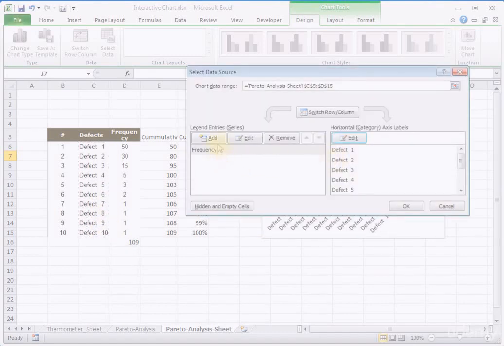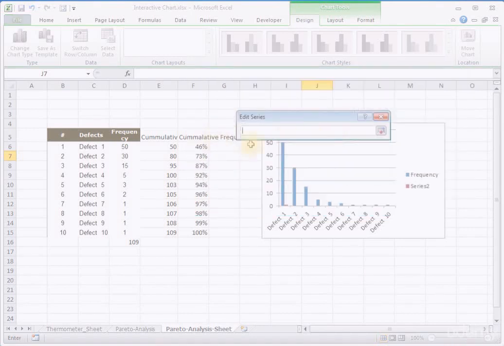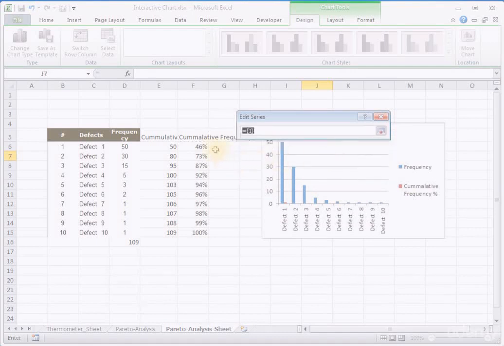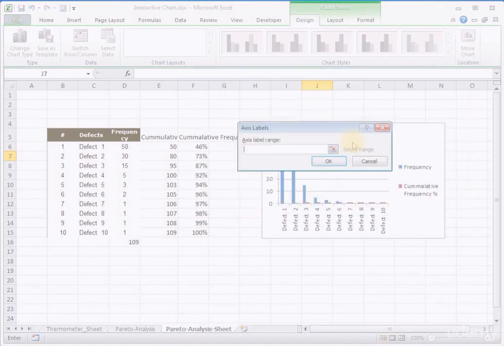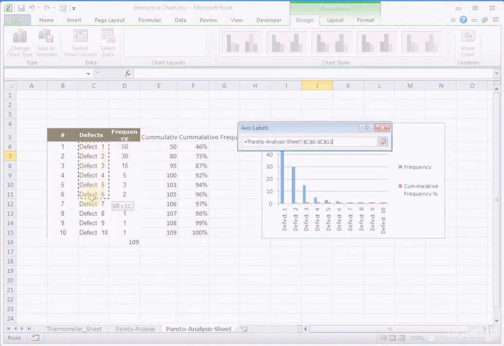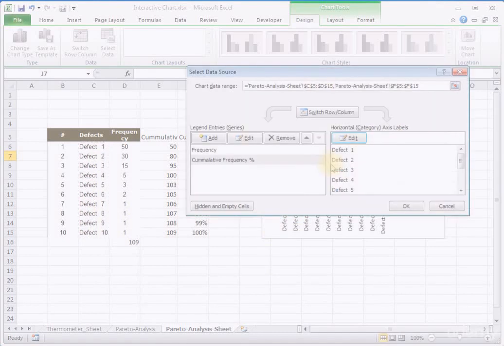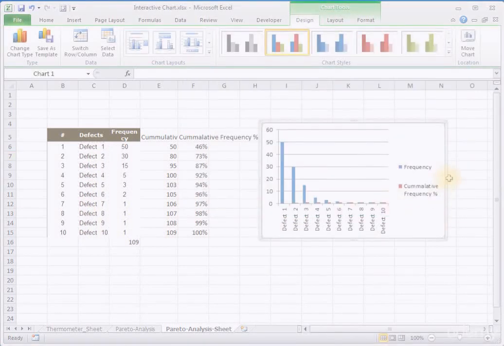In the same way we have to add another series. Series name is cumulative frequency percentage, with these values. Press OK. Horizontal axis, same defect types. Press OK. OK. Let me drag this chart.